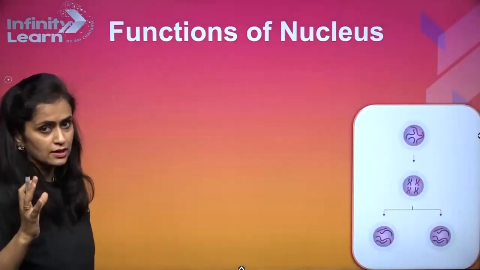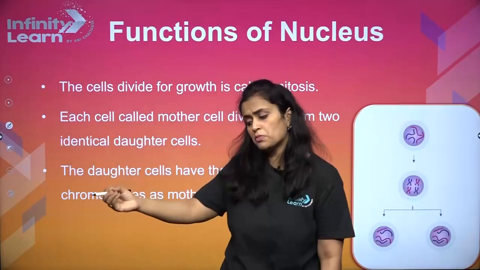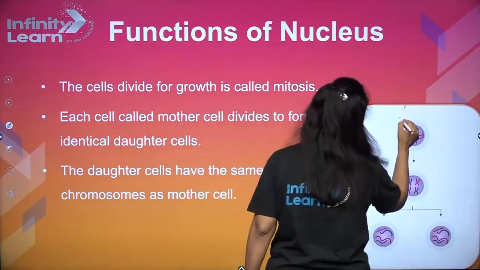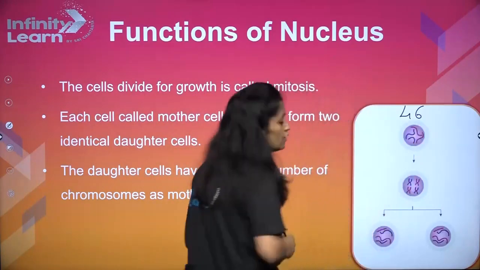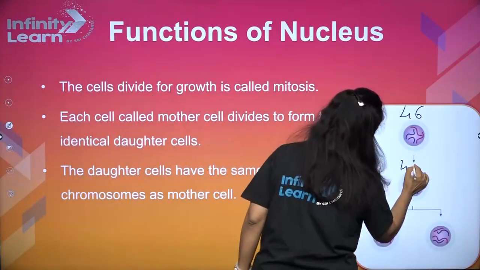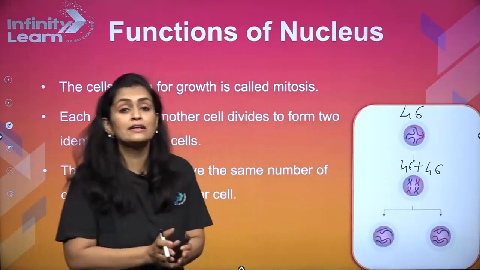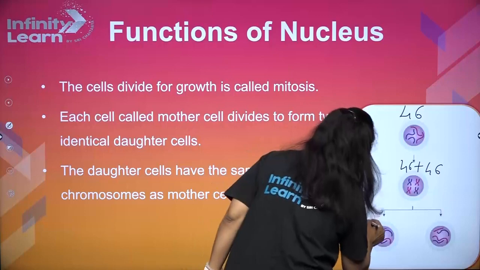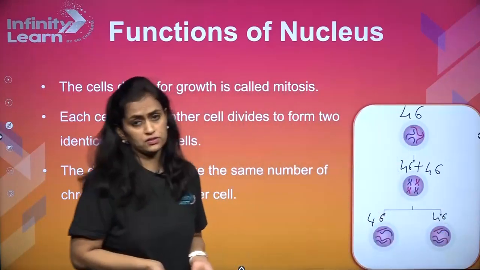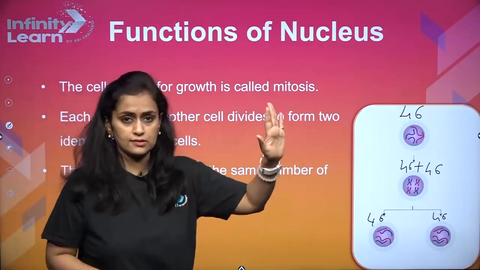What is mitotic cell division? Mitotic cell division is the division where the chromosome number is the same as it is. So, suppose here there were 46 chromosomes, right? So if 46 chromosomes were there, they will just double it, 46 plus 46, right? And then divide that cell into two. So these cells will also get 46 and 46 chromosomes. This is a usual kind of cell division which happens in all our cells, right?